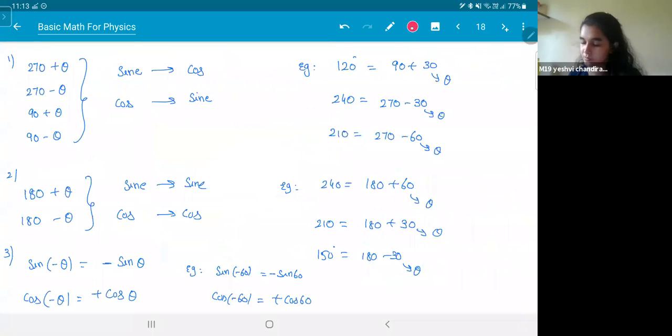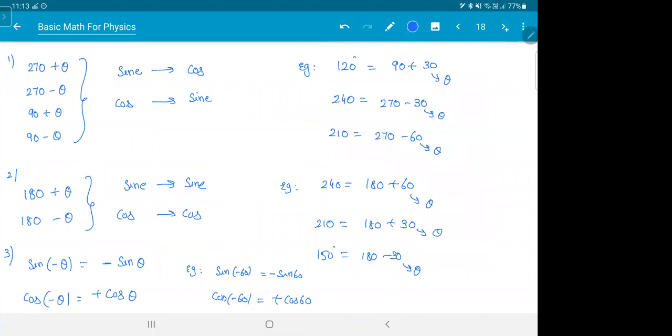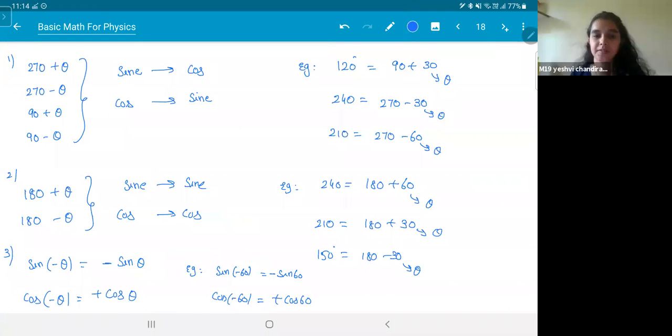Okay. See, in physics, the minus sign has a lot of significance. For us, actually, what does a negative number mean? If I say I'm walking plus 5 meters, it means I'm going forward 5 meters. If I say I'm walking minus 5 meters, it means I'm walking 5 meters backward. So in physics, plus and minus mean direction. So we interpret it that way. Okay. Copied, everyone?